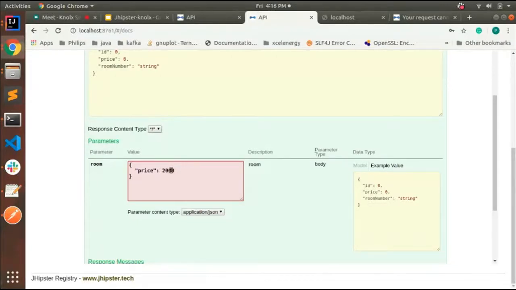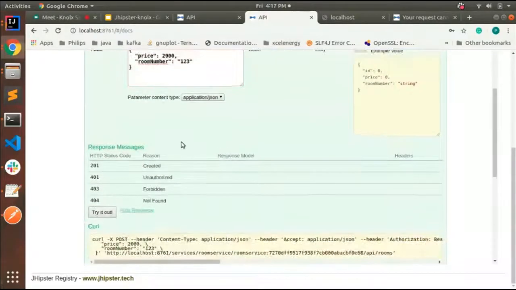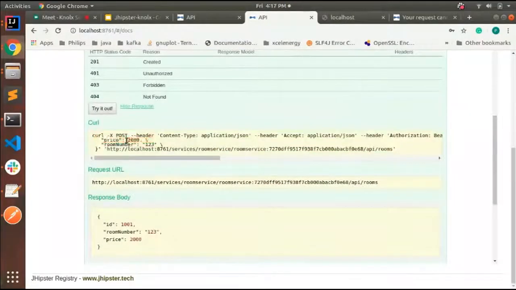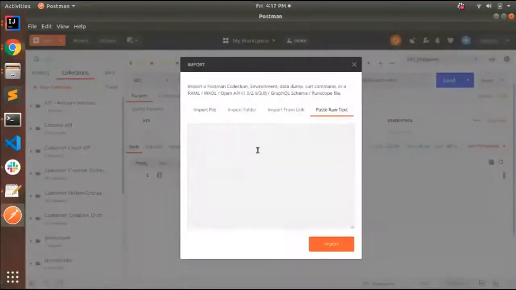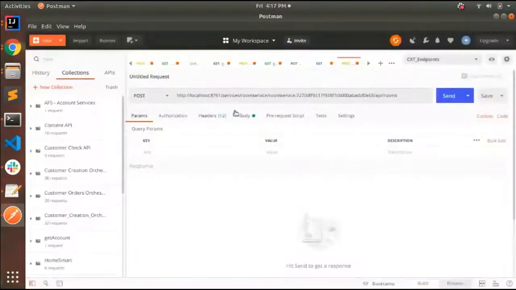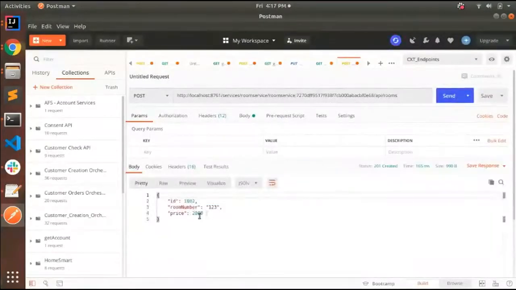Price is an integer value and room number is a string value. So we will try it out. Now we have a call request for it, and if we post it, we get a response saying that for the following information we have created a room. Now we can easily get that room.